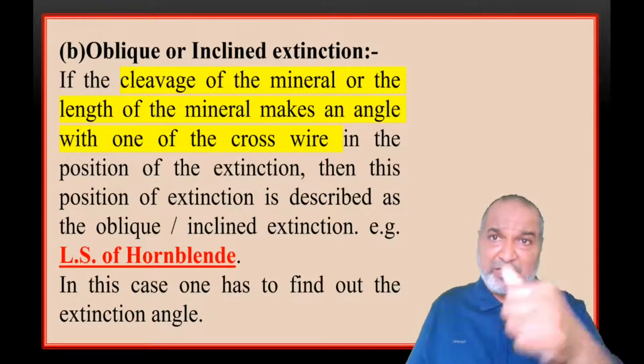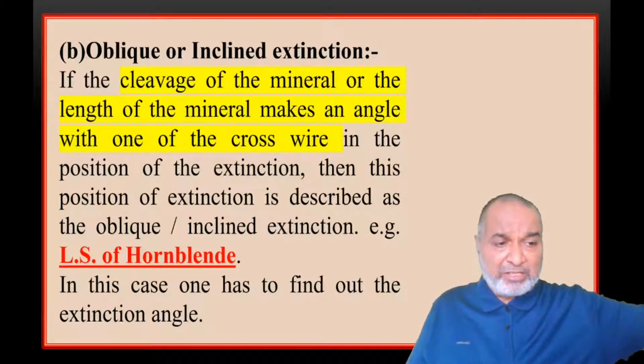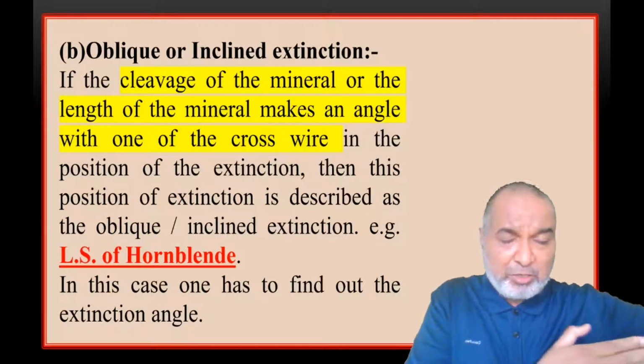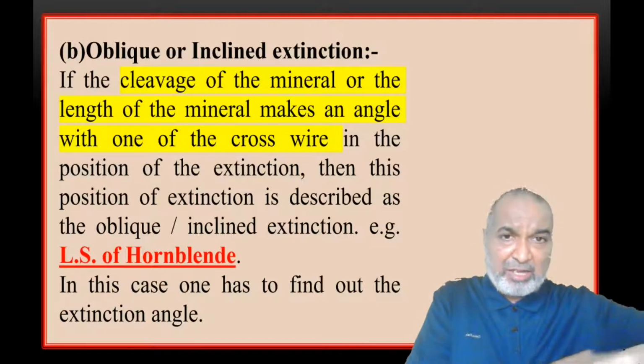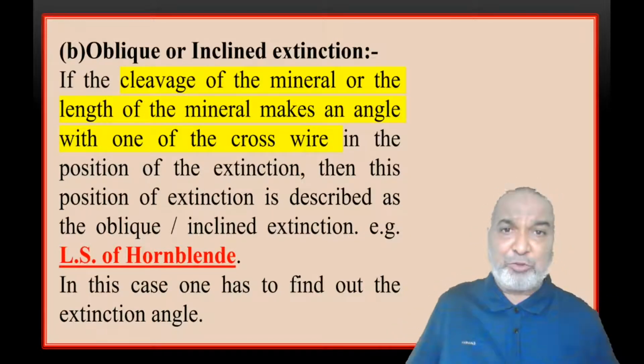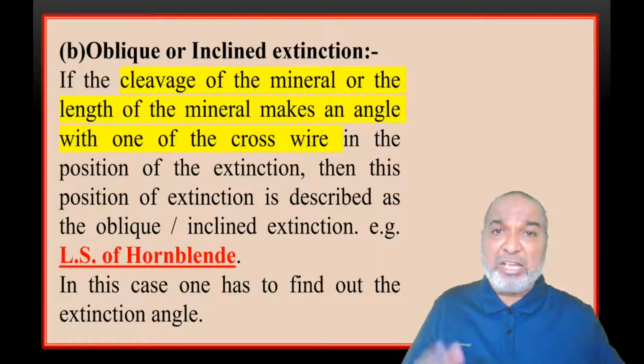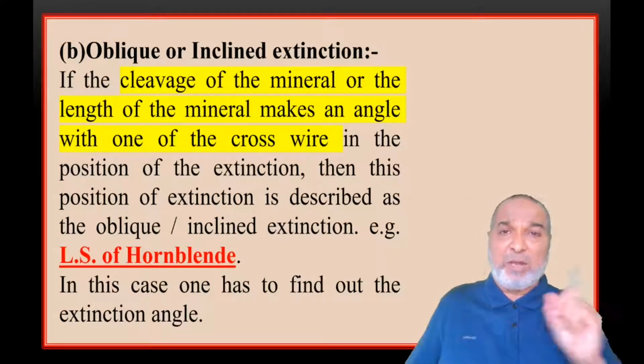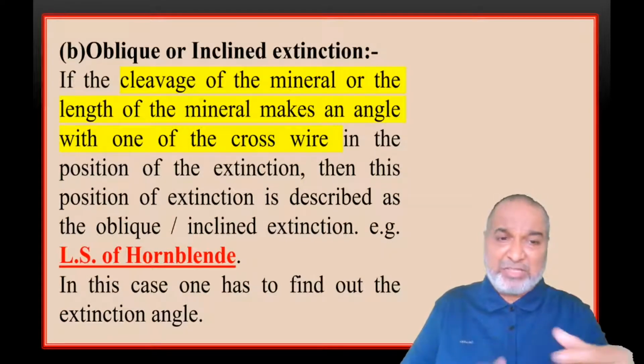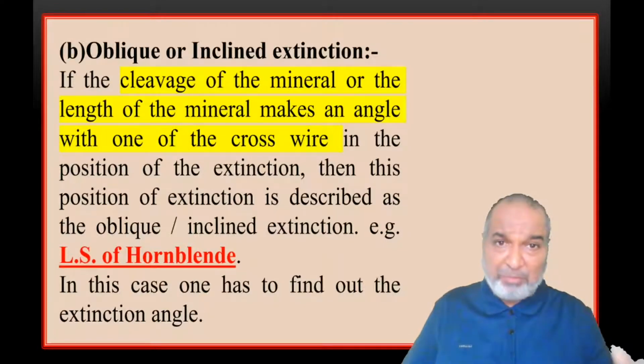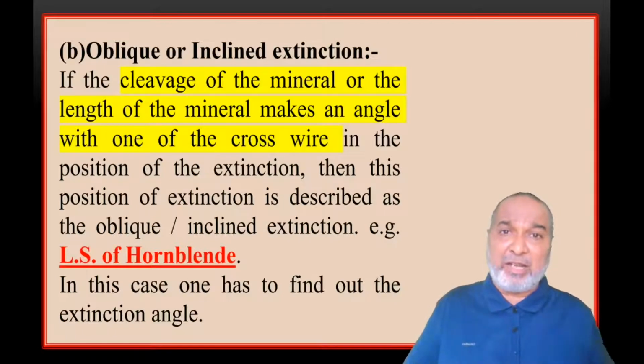Now the analyzer is already inserted. Hold the vernier scale on the lower side with two fingers. With the thumb, slowly rotate. Your fingers and your hand should be away from the centering screw. Slowly rotate till the mineral becomes dark. Once the mineral becomes dark, check left and right. See the position; whatever position you got is the maximum. Then take out the analyzer.